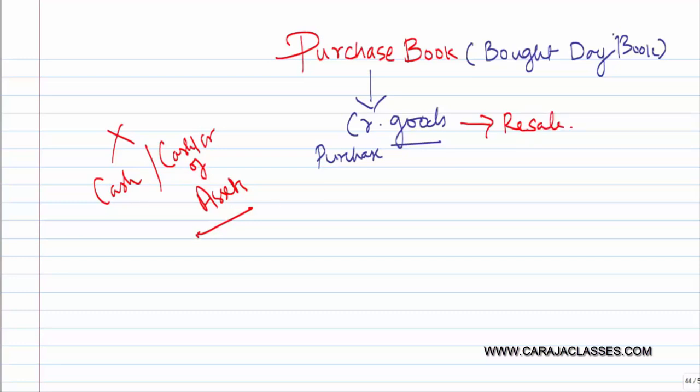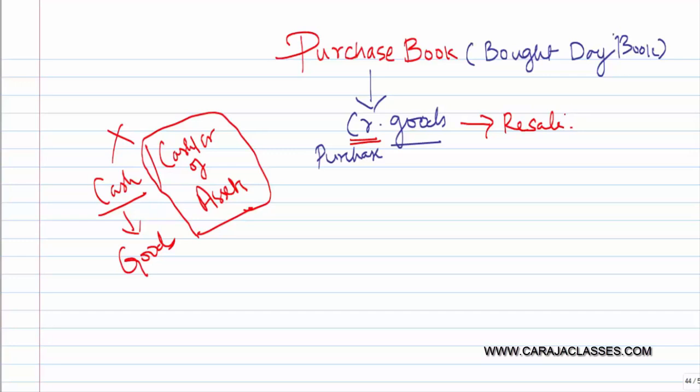The assets are purchased not with an intention to resell, so the cash or credit purchases of assets are not recorded, and cash purchases of goods are also not recorded, because here the stress is only on credit. So the purchase book will record credit purchases of goods which are meant for resale.